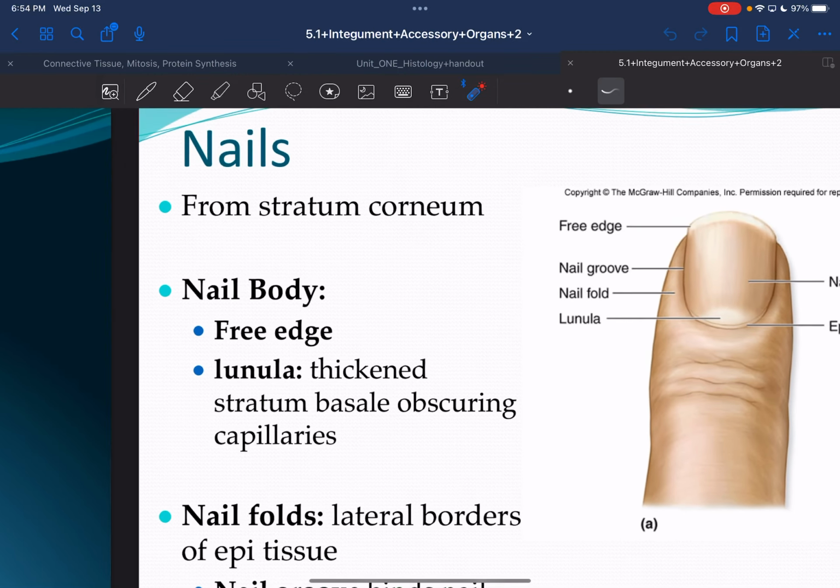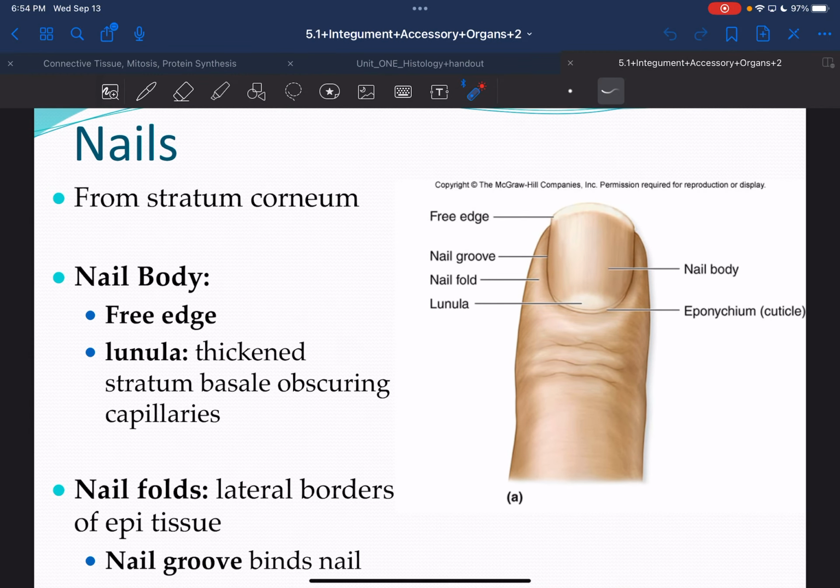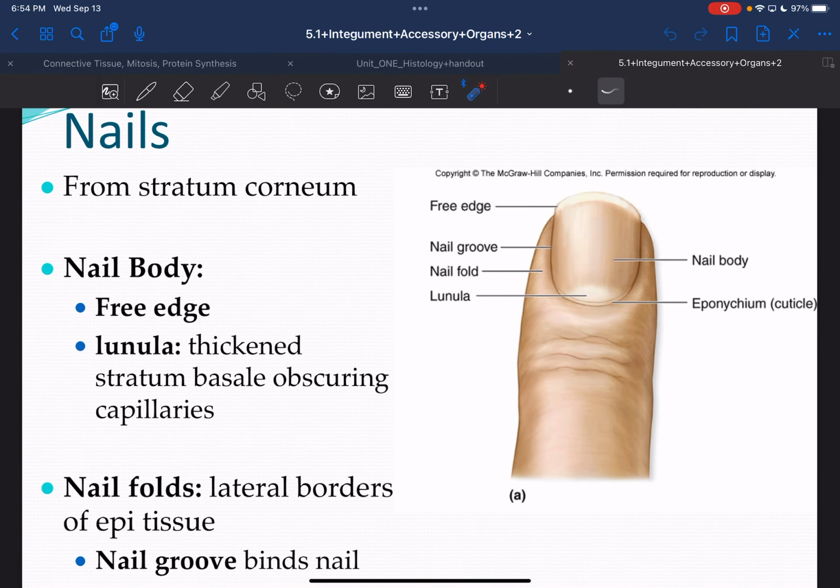And so in the lab, we'll also see some little models that have nails, and nails are considered part of the same system. These nails, as you're seeing here, are going to have some boundaries to them. The boundary that's going to be the tip is going to be referred to as the free edge. The area that's going to be the inferior portion is going to have a little flap of skin that some individuals may go get